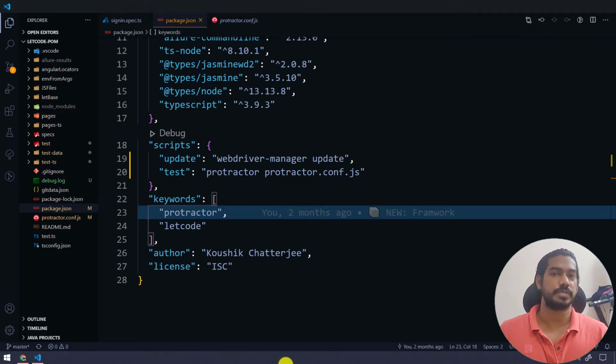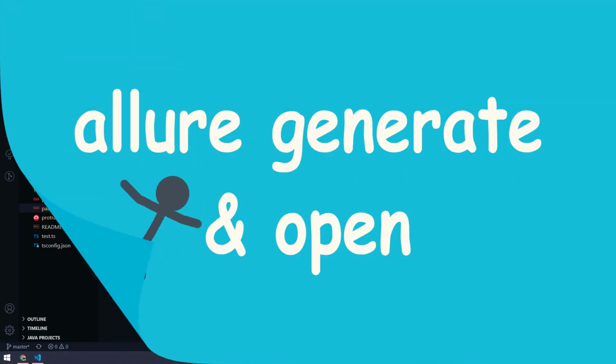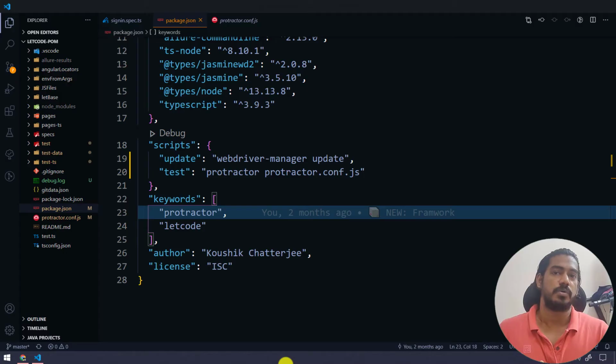So what we are going to do is very simple. We'll run our test script and we have already covered how to generate the report. I believe you remember all those stuff. Now within the post test, we are just going to call the command to generate the Allure report in a folder, and from there, we are going to open our Allure report. So that's going to be very, very simple. Just one line of code we have to include in the package.json. So let's see how to do that.